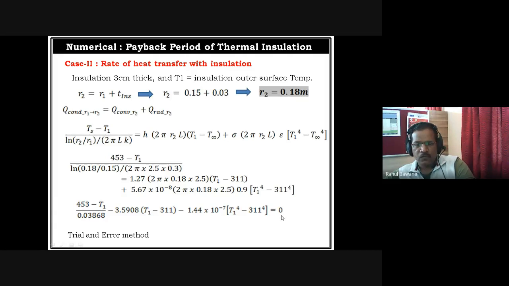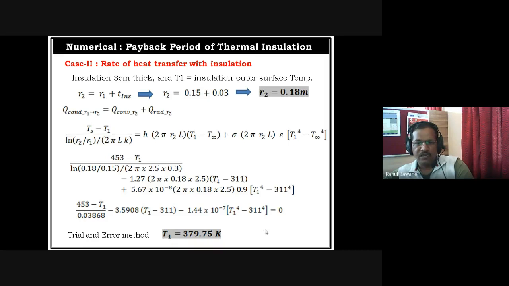So for 95, suppose the bandwidth is reduced. Likewise, we will change the T1 value and try to reach the closest to 0. So like that, when we reach closest to 0, that approximate temperature will be our value for T1, and that is called the trial and error method. So here we don't get an exact numerical value. We have to do a trial and error by changing the T1, and whatever be the trial and error method, we found approximately 0 value. That is our temperature, final temperature.